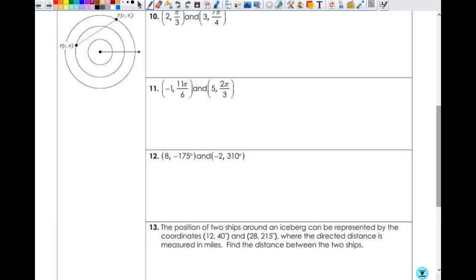And then underneath this circle, leave yourself some space, because we're going to write the law of cosines